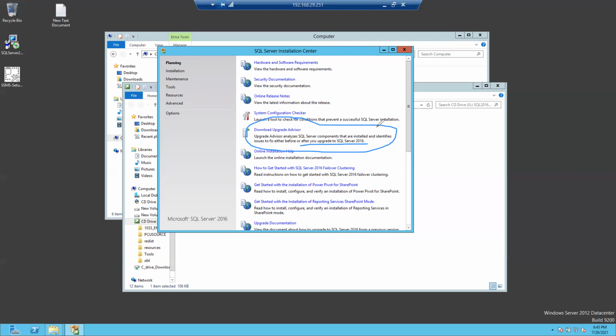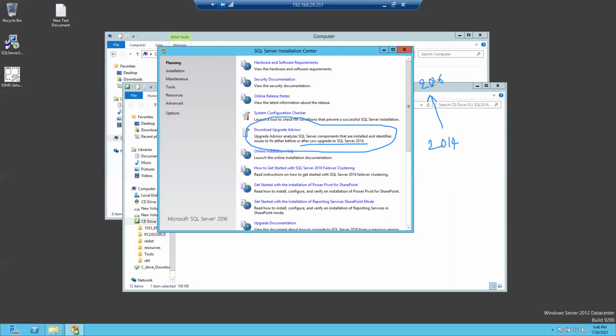When you are on SQL Server 2014 and want to upgrade the system from 14 to 16, we call it a SQL Server upgrade. The existing system is being upgraded from SQL Server 2014 to 16.